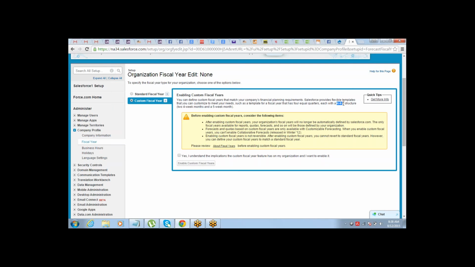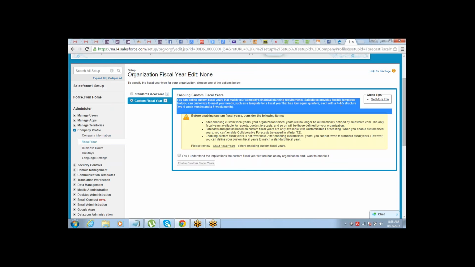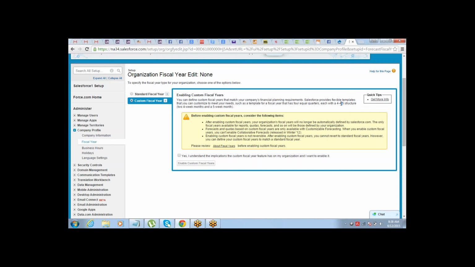The common fiscal year that we use starts from the first of the month. This structured fiscal year might start from a different date also. Those are complex finance concepts, so let's not get into that. The only thing is, in case you realize that the structure of the company that you are working for is different, then you can use this. But unless you are very sure, don't activate the custom fiscal year, because once it has been activated, it cannot be reversed. You cannot revert to the standard fiscal year, which is a problem.